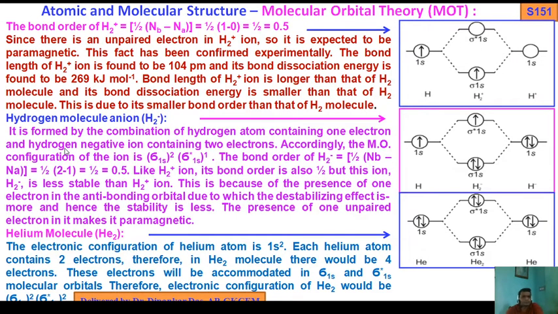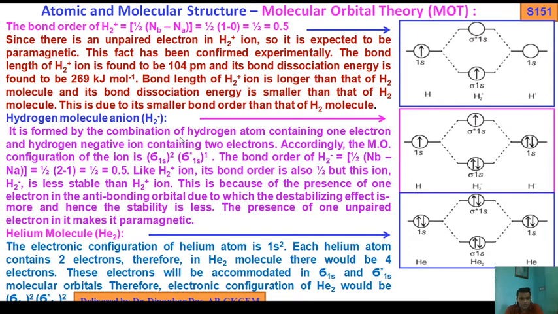Now we discuss the hydrogen molecule anion, that is H2 minus. In case of H2 minus it accepts electrons. 1 H means 1 electron, H minus means 2 electrons. So the total number of electrons is 3. So what will happen after formation of molecular orbitals? After formation of molecular orbitals, in the bonding MO 2 electrons are present and 1 electron is in the antibonding orbital, that is sigma star 1s.